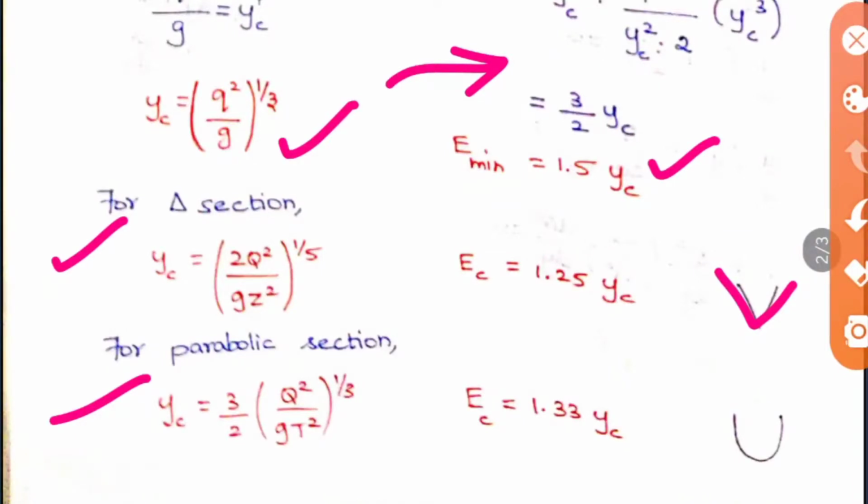So here we got the relationship between the energy and the critical depth for rectangular, triangular, and also the parabolic channel. This is the main relationship that is needed for this energy curve. Based on this relation, the questions will be asked, and these three YC values are also very important. Here Q is nothing but the discharge, g is the gravity, and Z is nothing but M. In a triangular channel we take the slope M, which is denoted as Z here, and T is your top width. So every term we already know.